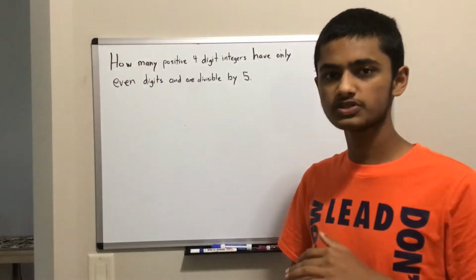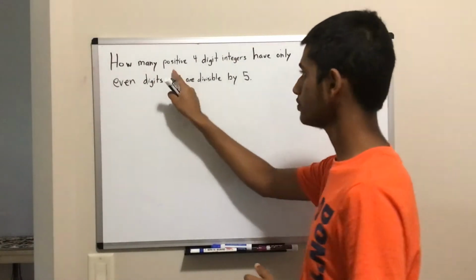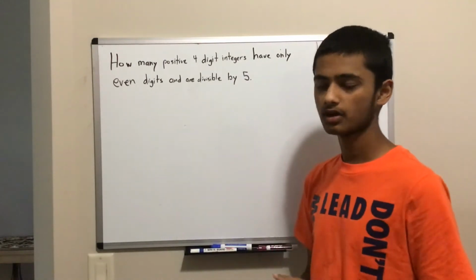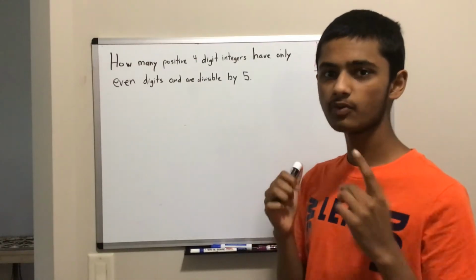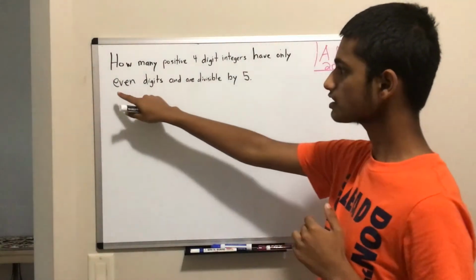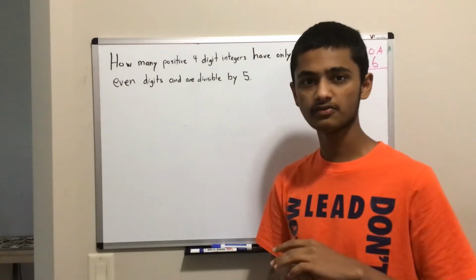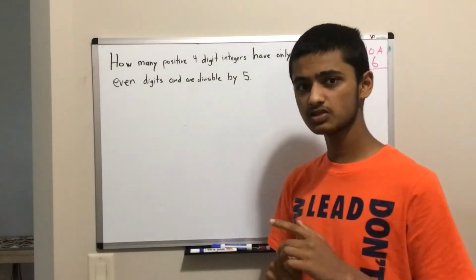So now let's look at problem number 6. The problem states, how many positive 4-digit integers have only even digits and are divisible by 5? So it's basically a counting question, and one of the key clues over here is they're asking for only even digits, but the number also has to be divisible by 5, meaning that the last number must be 0, because